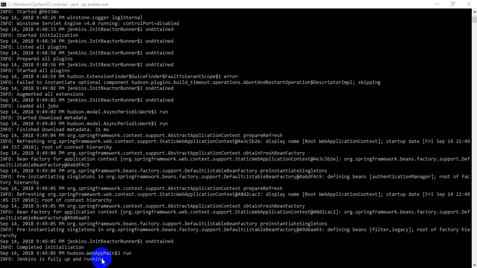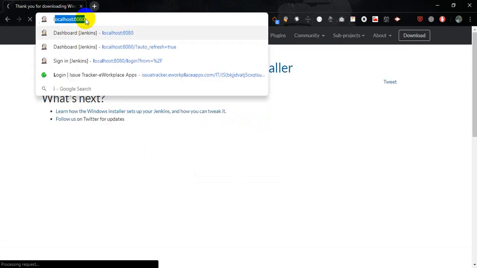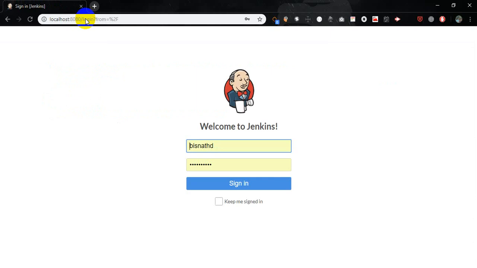How do we confirm if my server is running and I'm able to access Jenkins? It's very simple. You have to go to the Chrome browser, and type in there localhost 8080. So friends, the default port for Jenkins is 8080. Once your server is up and running, you just go to the browser and type in localhost 8080. What will happen is it will bring up your server and show you the Jenkins